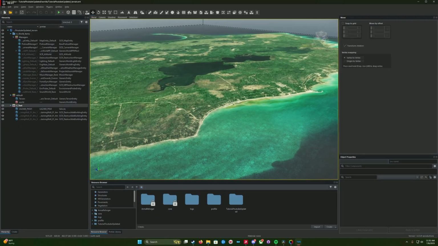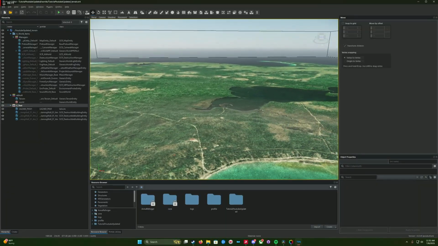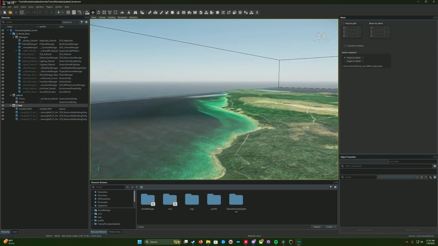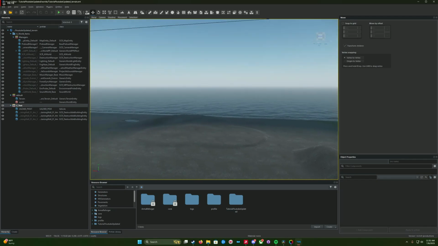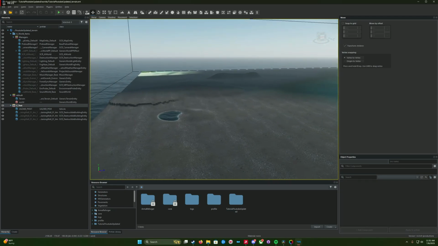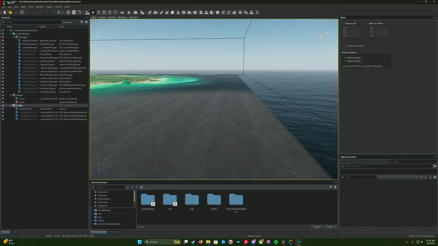Hold down your right mouse button and then WASD to move around. And then scrolling your mouse wheel will make you go slower if you scroll down, faster if you go forward. Do check out those other videos. It's the basic terrain intro video and the shortcut key video. I don't know the exact name of it right now, but let's go ahead and get started with the terrain